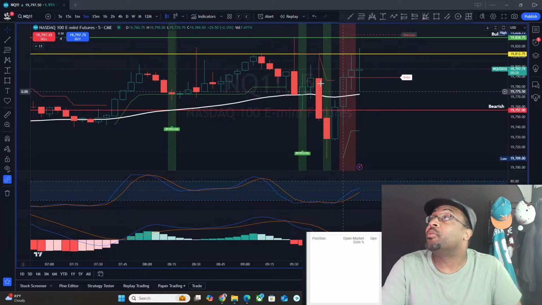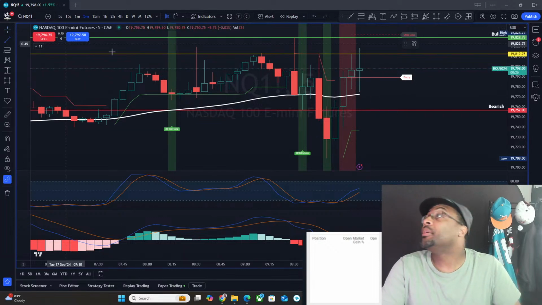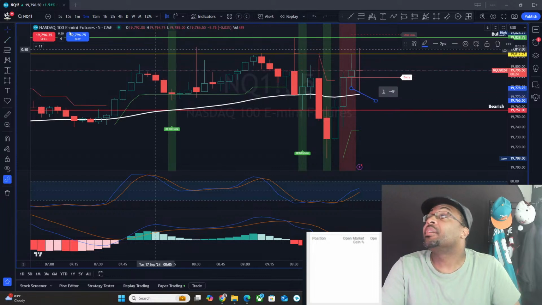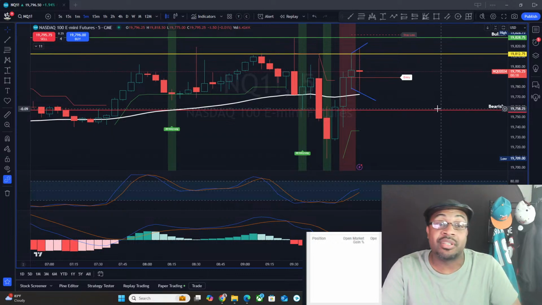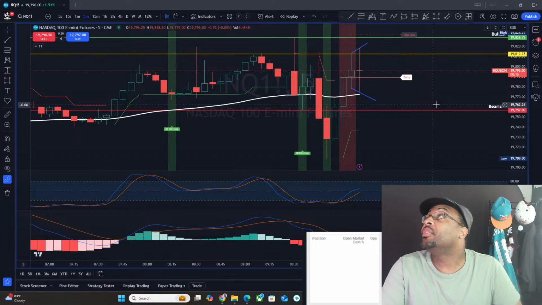Kind of like that megaphone type of pattern where you get price action doing this and doing this. Not the best. You get higher highs and you get lower lows in the same candle. That's usually not a good sign. Market tends to sit out and wait. Could be a doji reversal.